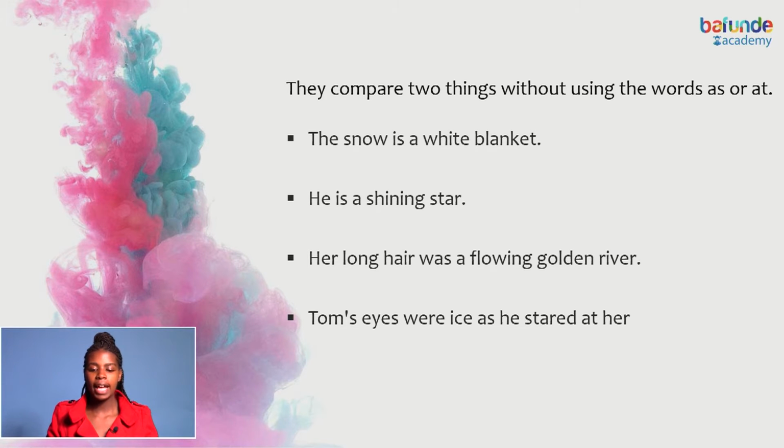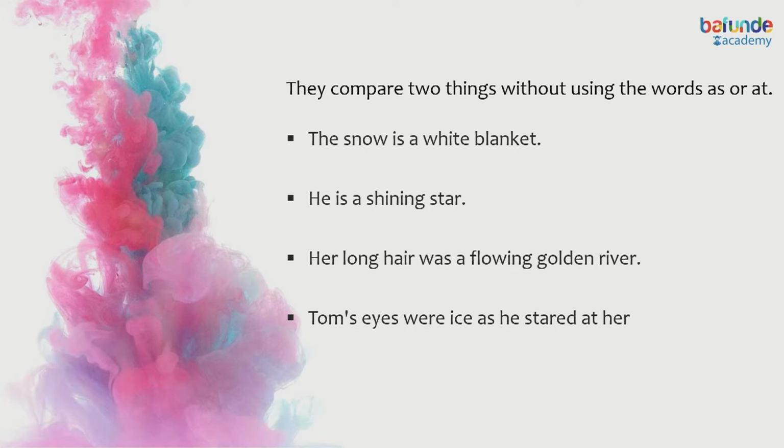If I say her long hair was a flowing golden river, have you ever seen someone with hair that is flowing? It becomes even a wonder of the world. So the author of the poem is trying to communicate that she had beautiful hair. It may not necessarily be flowing like water in the river. A river is flowing and it goes on and on and on. The hair may not be that. It's a hyperbole trying to explain that her hair was long and probably beautiful.